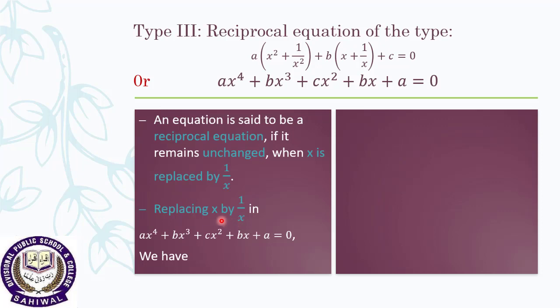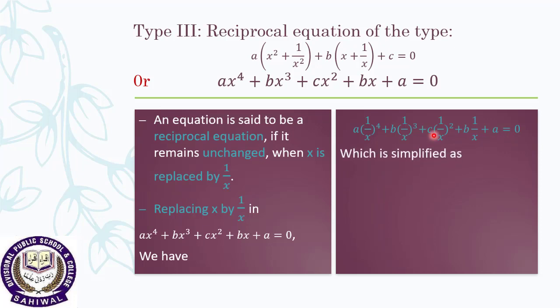If we replace x by 1 over x in the given equation, ax raised to power 4 plus bx cube plus cx square plus bx plus a equal to 0, we have a multiplying with the reciprocal of x raised to power 4, b multiplying with the reciprocal of x raised to power 3, c multiplying with the reciprocal of x square, plus b multiplying with the reciprocal of x plus a equal to 0,